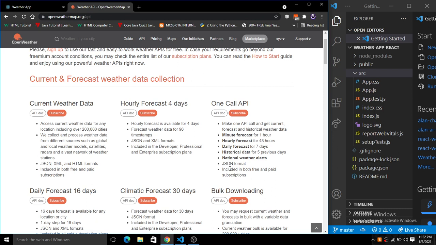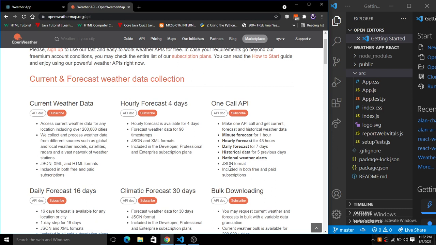So for the free 1000 API calls per day, I think it is very good for us, because 1000 API calls per day is a lot. We are building this whole application for learning, so I don't think we are going to scale it for our business.